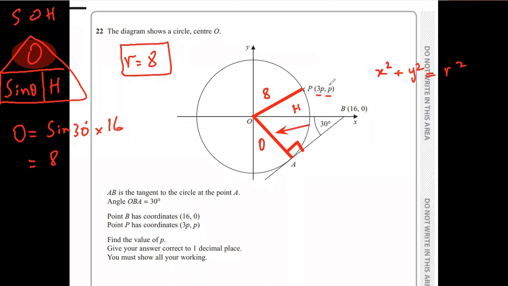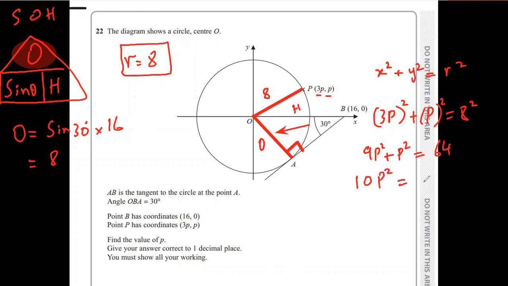If we substitute all of these three values into this equation, we'll get (3p) squared plus p squared is equal to 8 squared. What we will get is 9p squared plus p squared is equal to 64, and 9p squared plus p squared will be 10p squared. That will be equal to 64. We can divide both sides by 10, and we'll get p squared is equal to 6.4, and then we square root